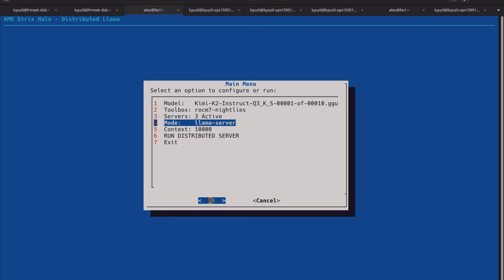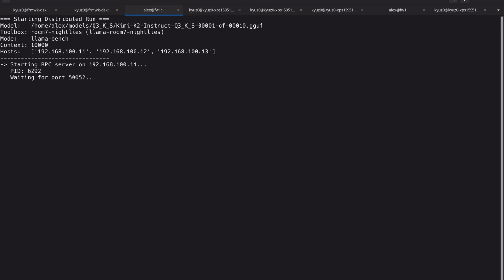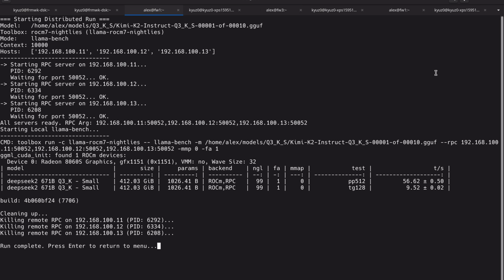To give you an idea of the performance that you can expect from this setup, I run llama-bench. Prompt processing is how fast the model can consume an input prompt before it starts responding, and here we get around 56 tokens per second. Token generation is the speed at which the model produces new tokens in the response, and here that's just under